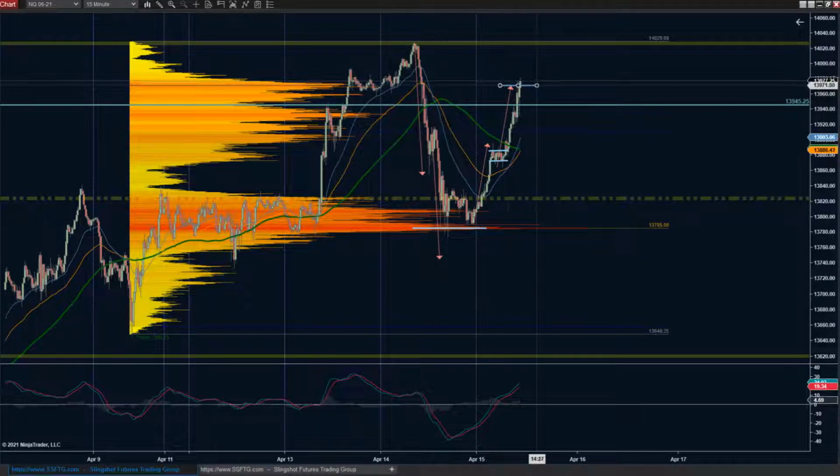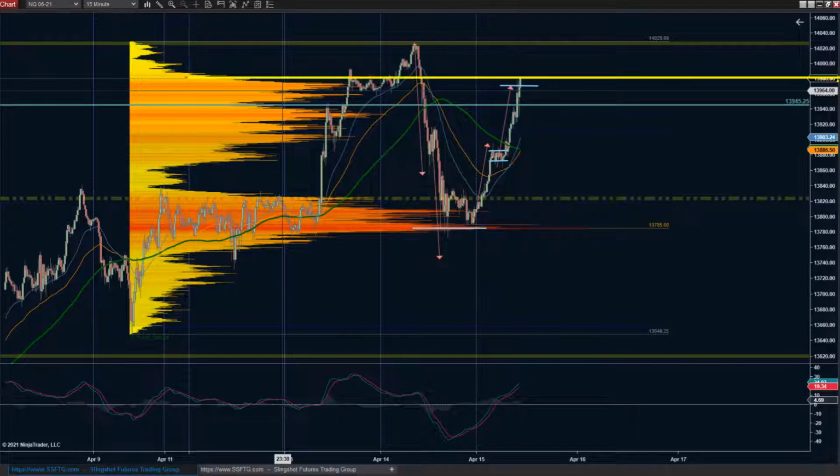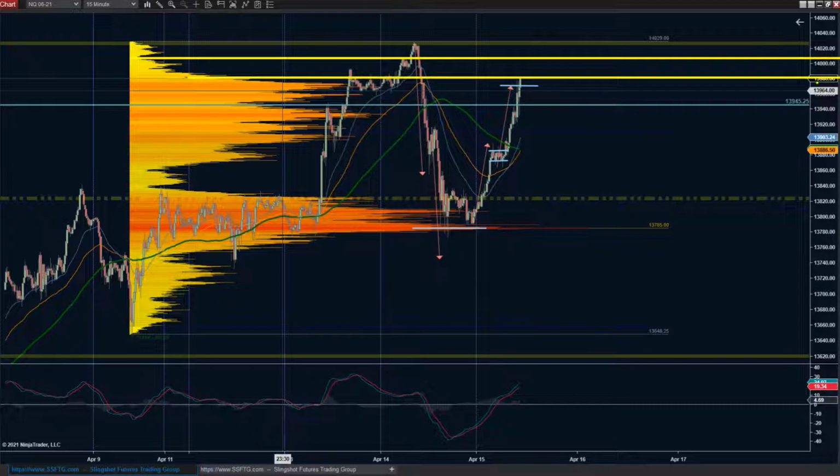Wow. All right. So, I mean, if we start demonstrating some trouble here, we know why. We've got a measured move completion, and it's right at the back, kind of the back 40 of that big volume node from before. So they're kind of backfilling some of this VVP. This is where they were taking profit on that initial rally into the highs that caused the dump. So the first zone of resistance is going to be kind of on the shelf of that volume. The next zone would be at the VVP just above that, right above 14K.